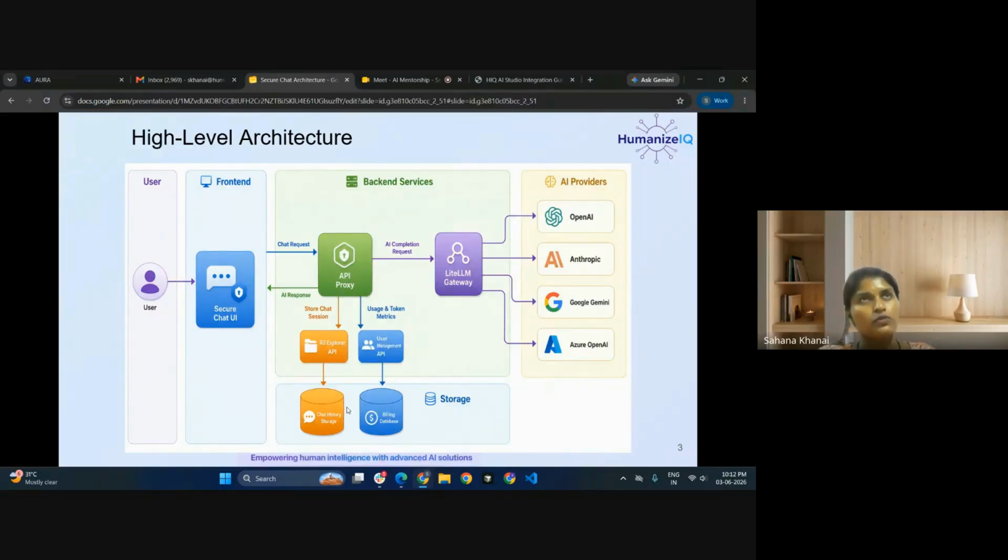R2 object storage is like in Amazon S3 where we have buckets; in the same way in Cloudflare we have R2 object storage. Here we store the JSON format of that chat history. So this is the high level architecture diagram of Secure Chat.